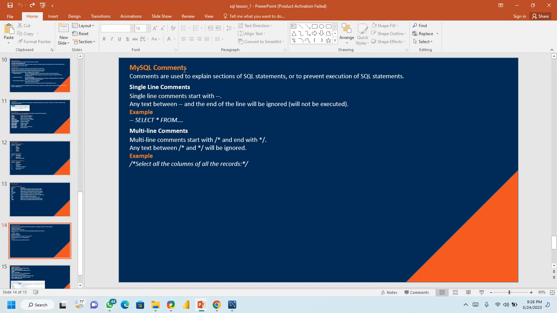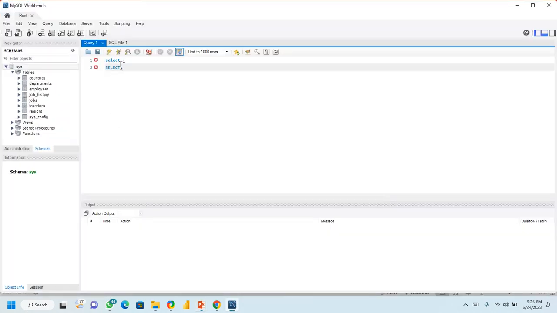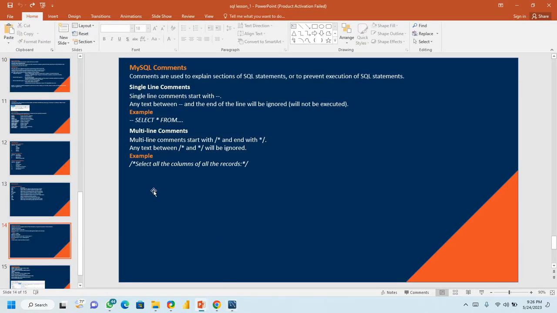We have MySQL comments. And comments are used to explain a section of SQL statements or to prevent execution of SQL statements. For example, when we are starting with how to create a table, we're going to be writing comments, and this is how to write a comment. You can use a single line comment, whereby single line comments start with two minus signs, and